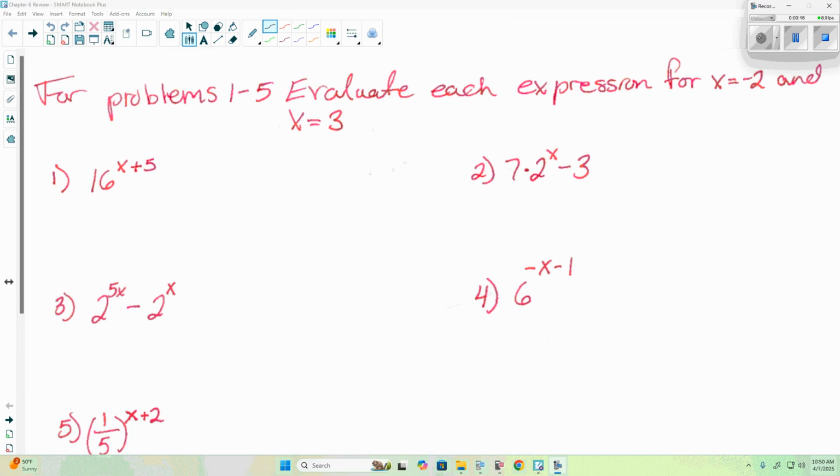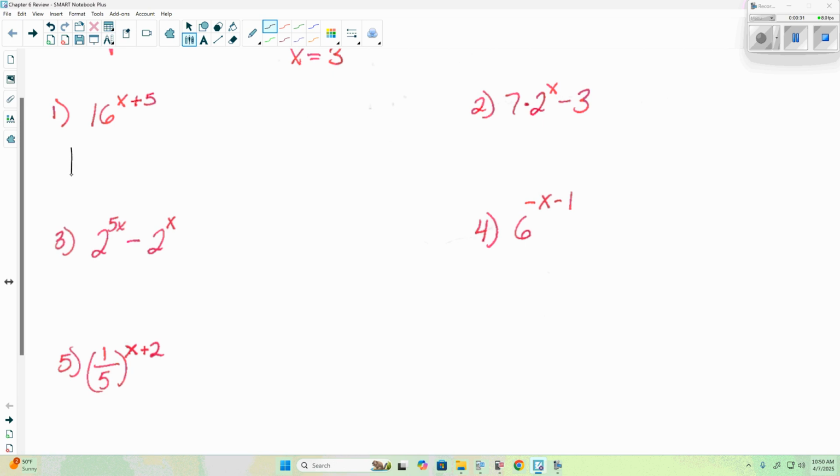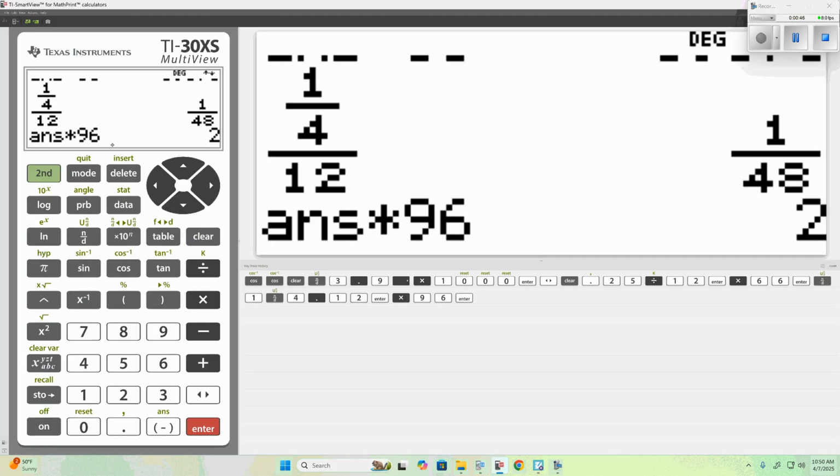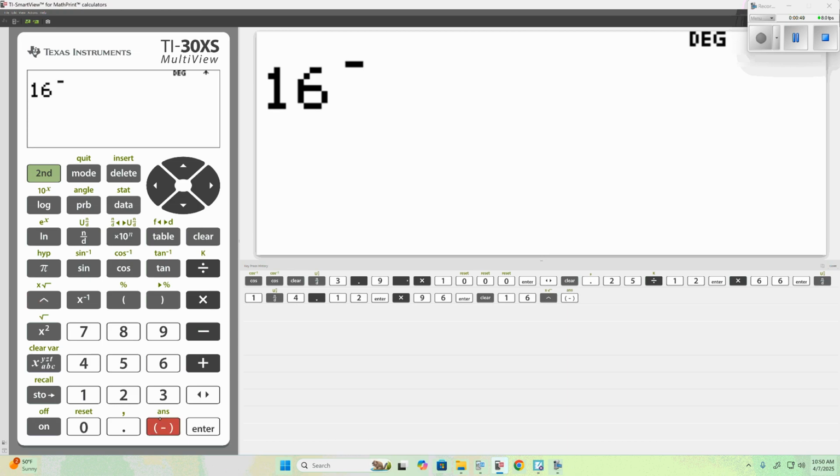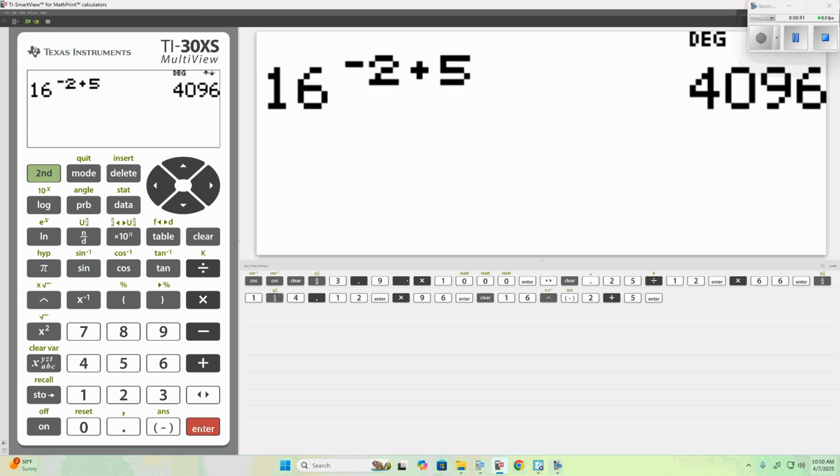Problems 1 through 5, evaluate each expression for x equals -2 and x equals 3. So 1 through 5, problems like this on the test, we'll have two answers. So we'll start off with -2. So if we look at number 1, we're going to evaluate 16 to the -2 plus 5. Now at this point here, we could type the whole thing in the calculator or simplify it first. So at this point here, we can grab either calculator and say 16 to the -2 plus 5, which is